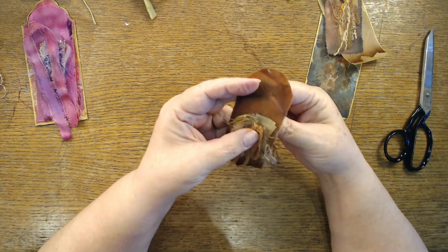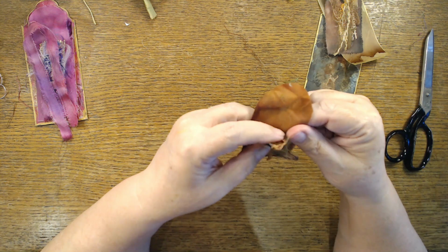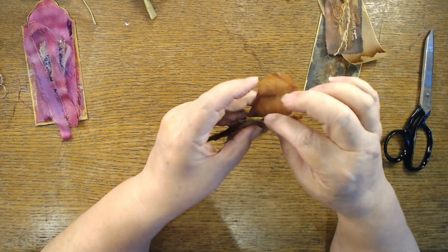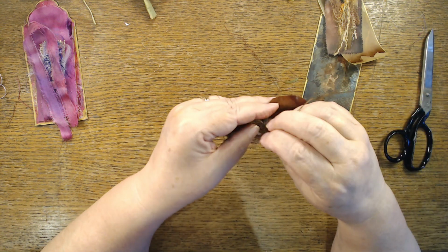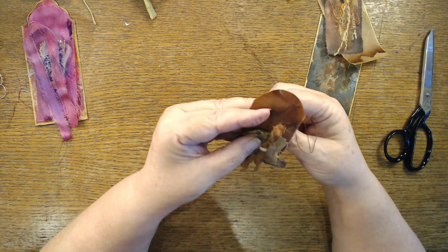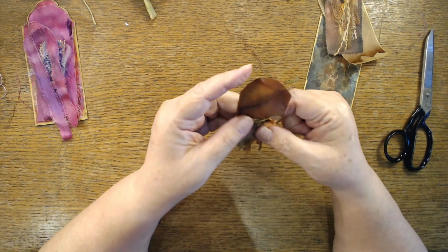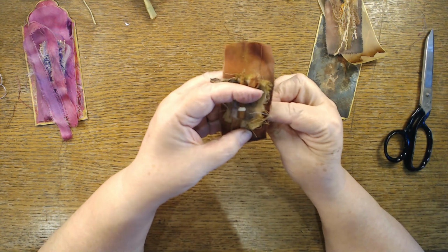I need to create in the moment from the excitement, like a vision like this, that I wanted to use these nature clusters that I make in a different way. And so I had this vision, and I just started to play. As soon as I picked up the different bases, as soon as I picked up those old mixed media pieces that I almost tossed,